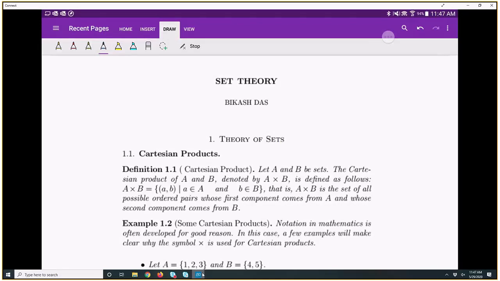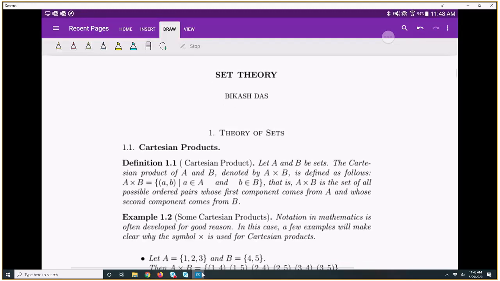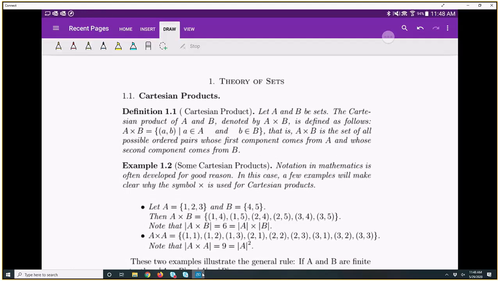The next set operation that we'll talk about is the Cartesian product. So let A and B be sets. The Cartesian product of A and B, denoted by A cross B, is defined as follows. A cross B is the set of all ordered pairs (a, b) such that a belongs to A and b belongs to B. So all the ordered pairs whose first component comes from A and whose second component comes